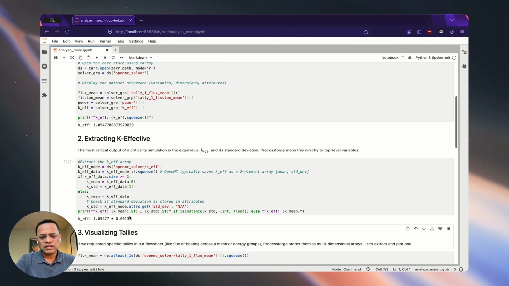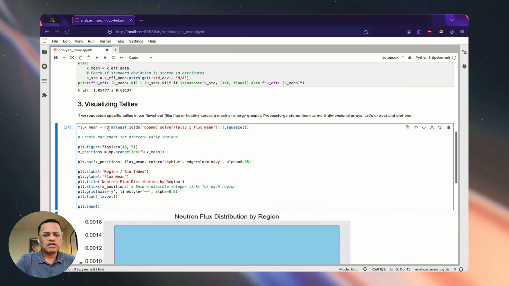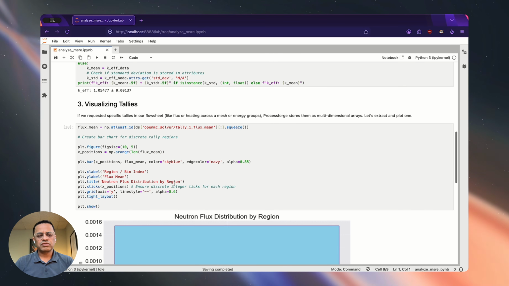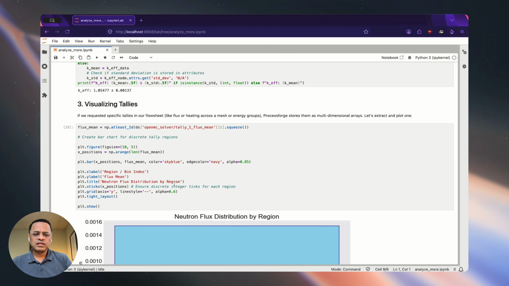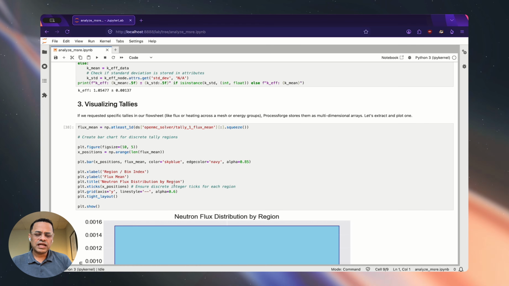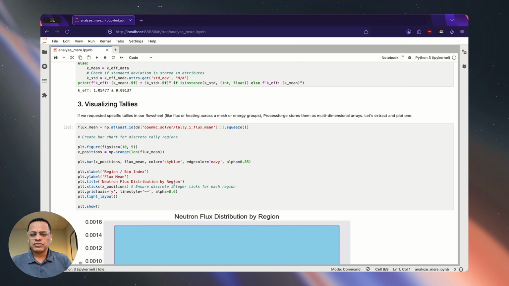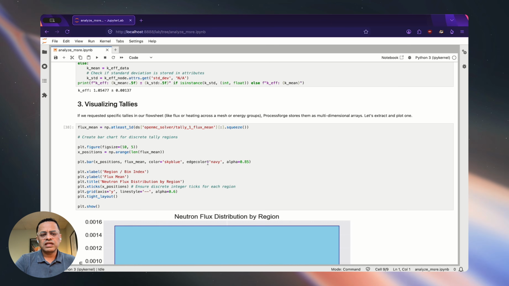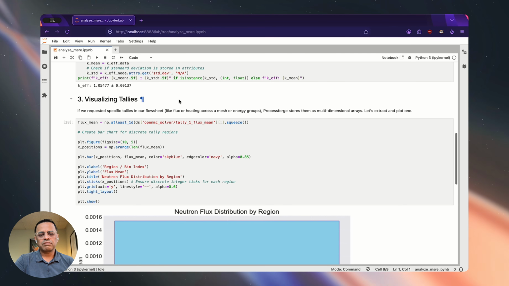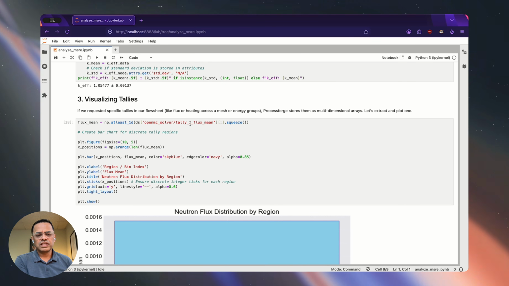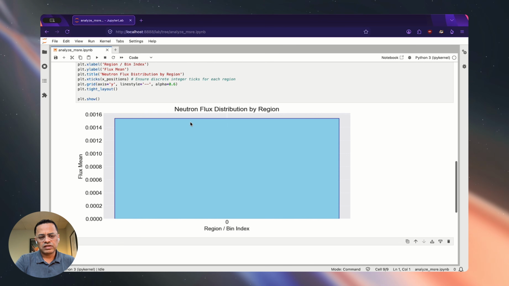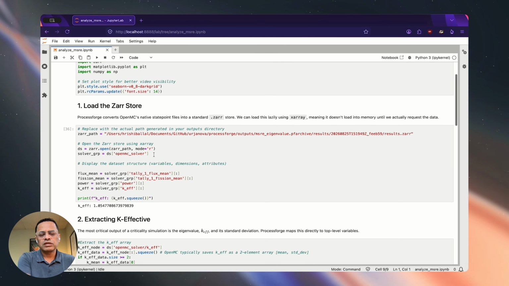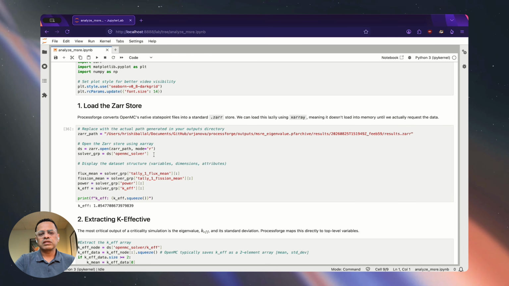And then you have the K effective, and then you have, for example, a plot of the flux distribution. At the moment, OpenMC DAG-MC geometries are not there. We are just assuming a computational geometry. But the idea is that you can then take, for example, the flux mean from the tally and plot it over here. So in these very simple steps, I've been able to look up the results and then plot them